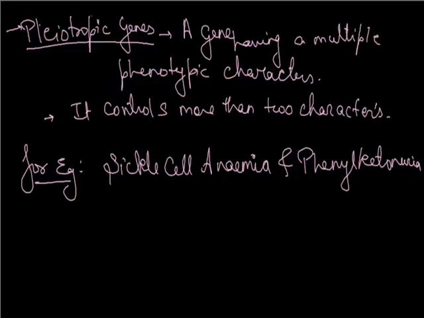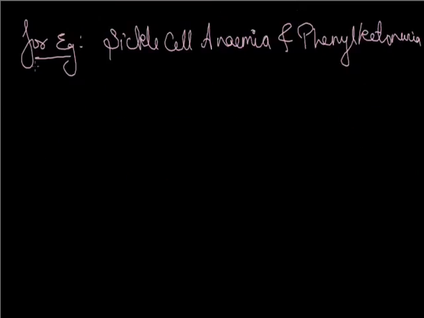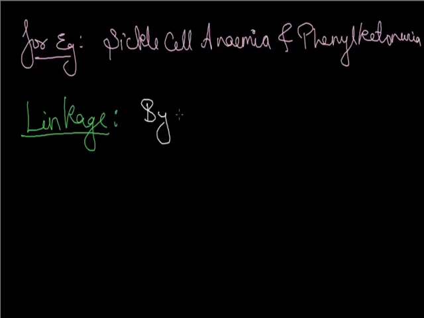Now we're starting linkage. What is linkage? Linkage was discovered by Morgan. He couldn't tell about crossing over but told about linkage, and similarly Mendel couldn't tell about linkage. Now what is linkage? If we tell what is linkage, then